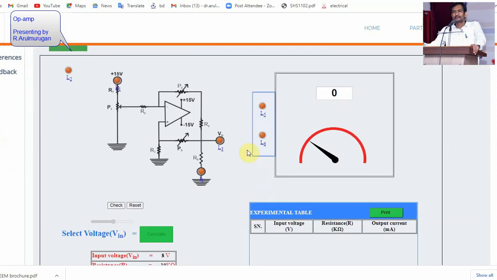Okay, so this is the circuit diagram. You can look very clearly. Here is a power supply. I am going to give the power supply by the potential divider method. This power supply is given to the minus terminal. If it is the minus terminal, what is the name of the operational amplifier?